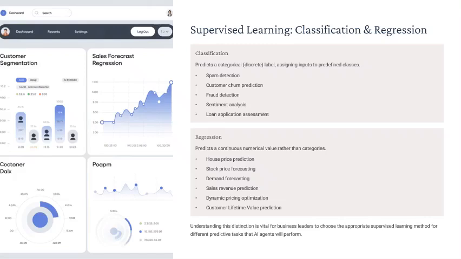Yes. And again, some powerful business use cases mentioned. Predicting the price of a house based on its features, square footage, location, etc. Real estate staple. Forecasting stock prices. Predicting the quantity of demand for a product next quarter. Estimating future sales revenue in dollars. Crucial for planning. Optimizing dynamic pricing. What's the optimal price point right now to maximize profit or volume? Or predicting customer lifetime value, CLV, as an actual dollar amount.